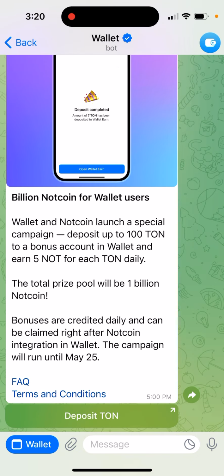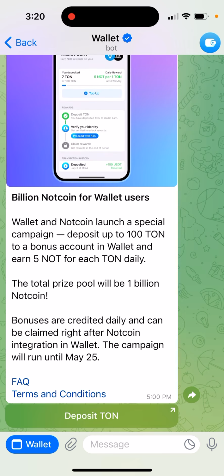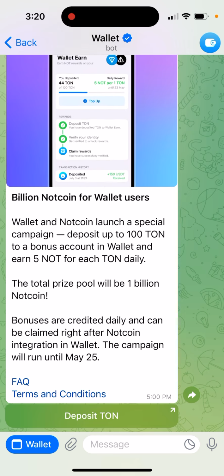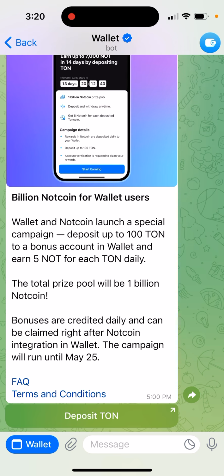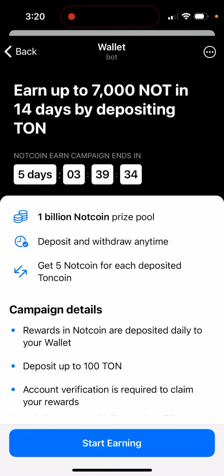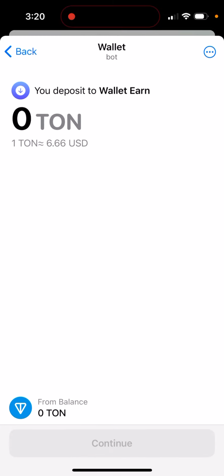Wallet and Notcoin launch a special campaign. Deposit up to 100 TON to a bonus account in Wallet and earn 5 NOT for each TON daily. So here, you can just open up your wallet, then you can just tap Start Earning, and